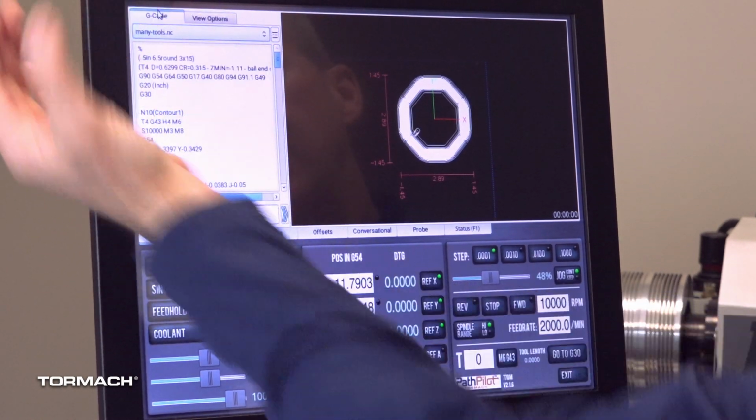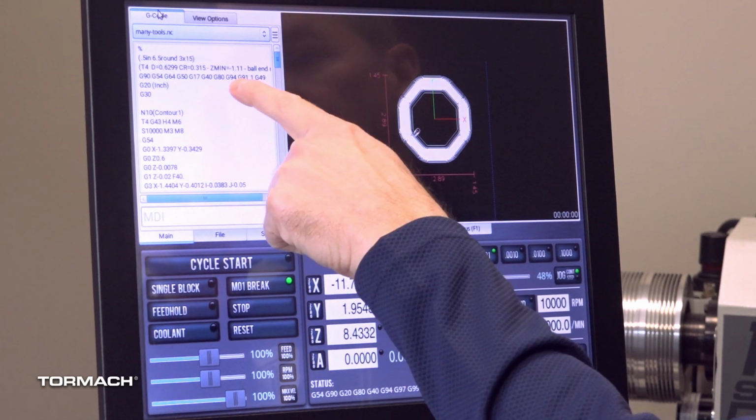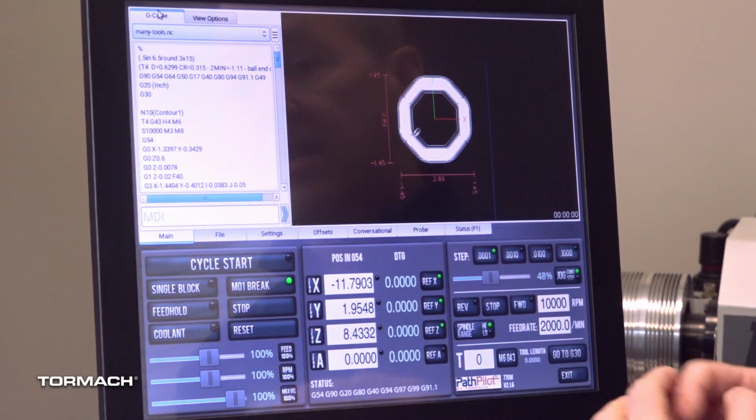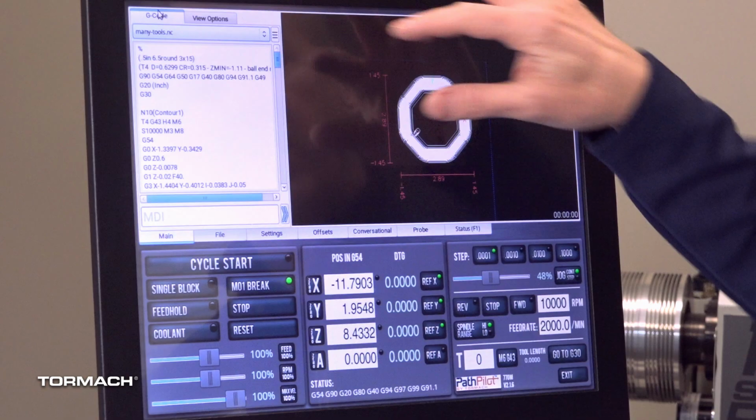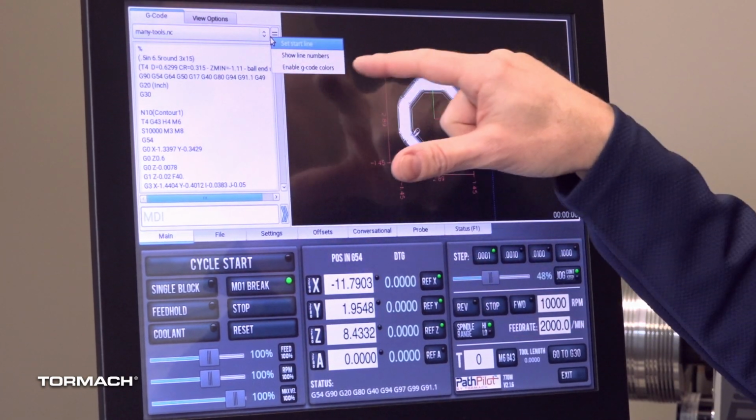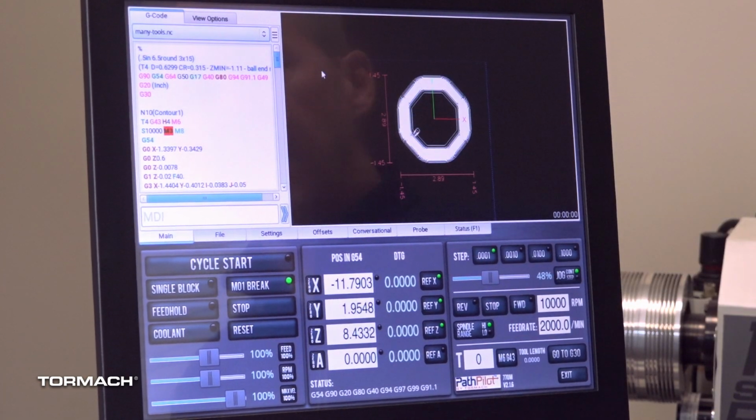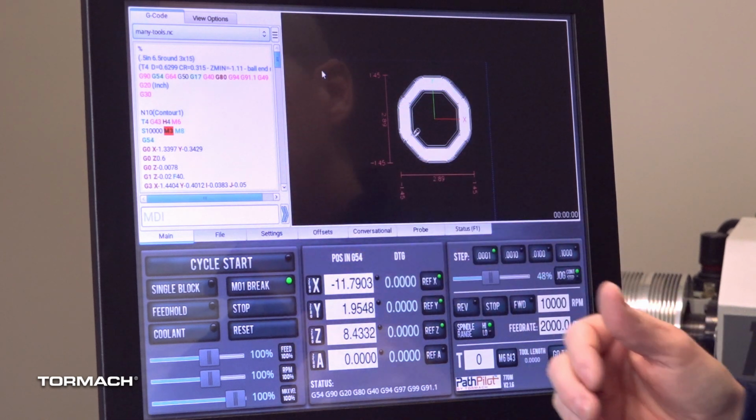Back on the main G-code tab, you can also enhance this area for better visibility. One of the ways you can do it is by dropping this down and enabling G-code colors. So that provides some syntax highlighting to make it a little easier for your eye to visually parse the different